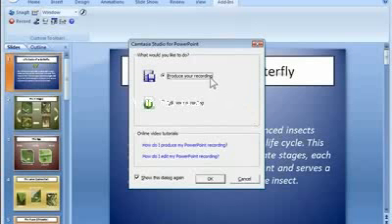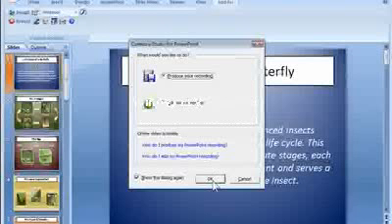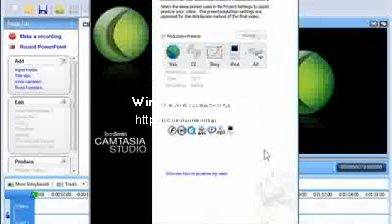After you've recorded your PowerPoint presentation, you may want to produce your video without editing it. This is a good option if you don't have the time to edit your video, or if you want to get your video out to your audience quickly. If you select the Produce Your Recording option and click OK, this will take you directly to the production wizard